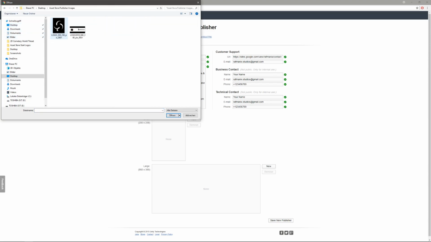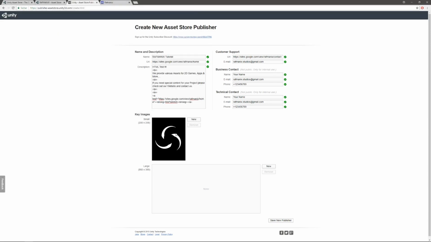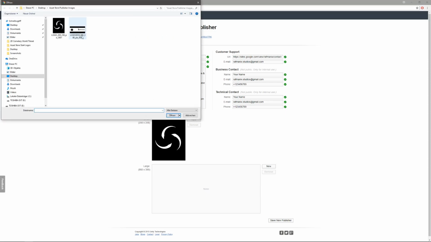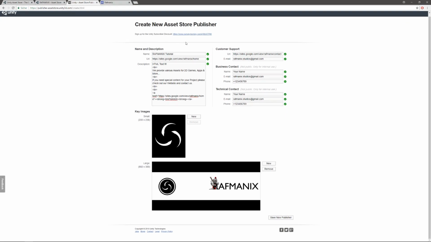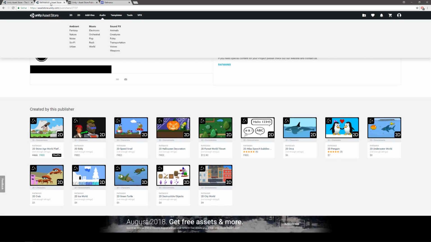The same goes for the large image. You have to create one with the right pixel size. If you fit this in correctly here, it will look later in the Asset Store like this.